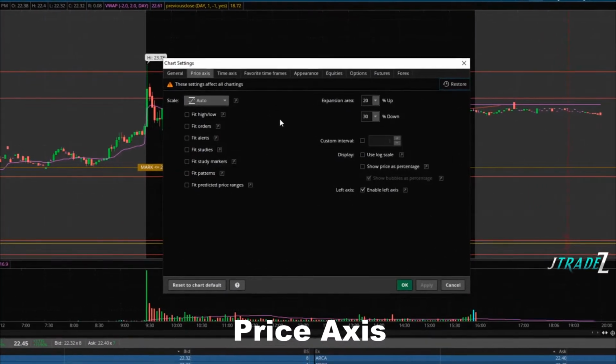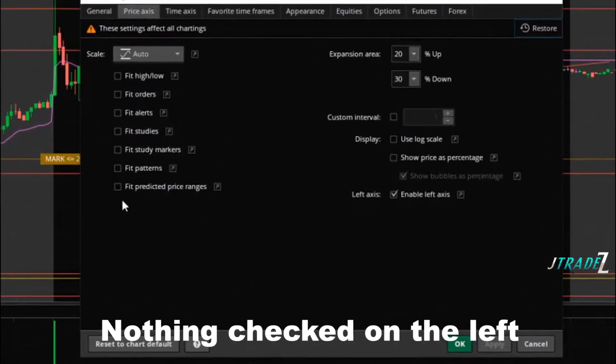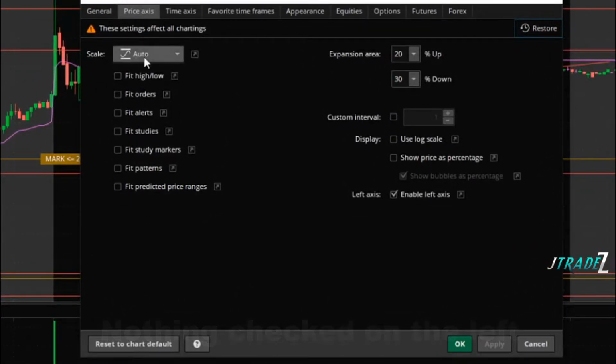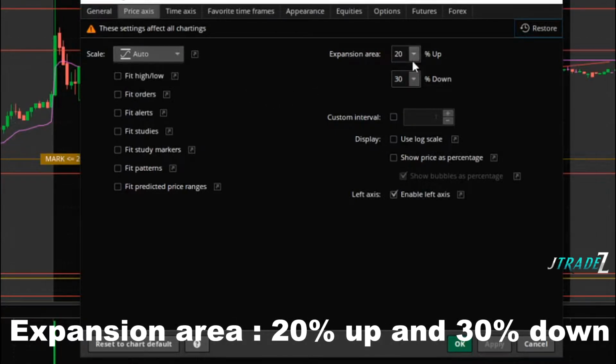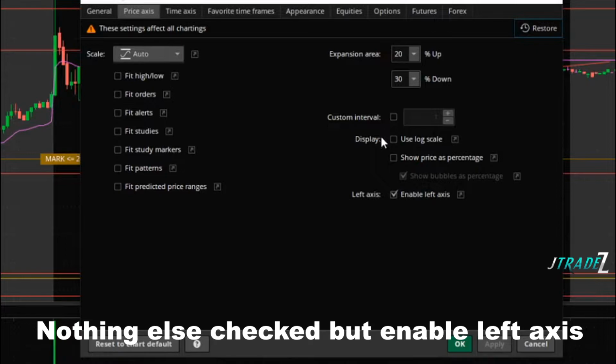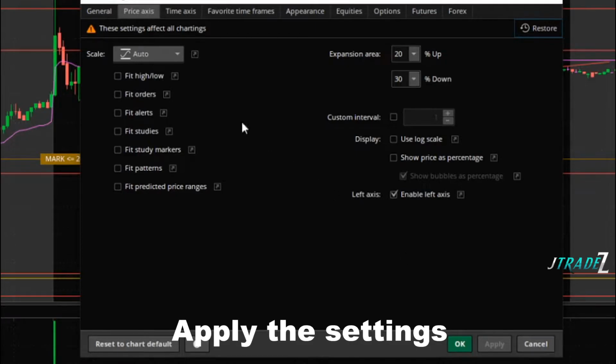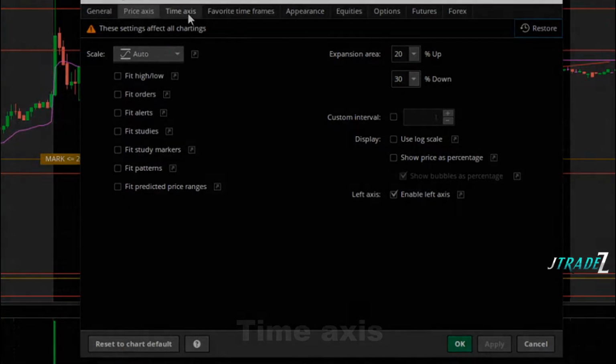So the next tab is going to be our price axis. I do not have anything checked over here. Your scale is going to be on auto. Expansion area is going to be 20% up and 30% down. Custom interval not checked, display not checked, none of this stuff's checked. Left axis, enable left axis is checked. Once you do all of that, you'll want to hit apply again, and we can move over to our time